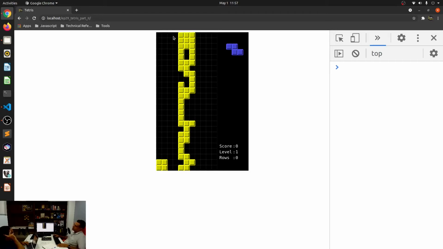is, let's say, if the sum of all of the columns in the top row is greater than or equal to 2, then you know that the top row is occupied and you cannot fit in any more. You cannot drop any more pieces. That's how we know that the game is complete. If there is anything on the top row, you cannot drop any more pieces. Even if it is right there at the edge, you cannot drop any more pieces because you have a piece right here on the top.